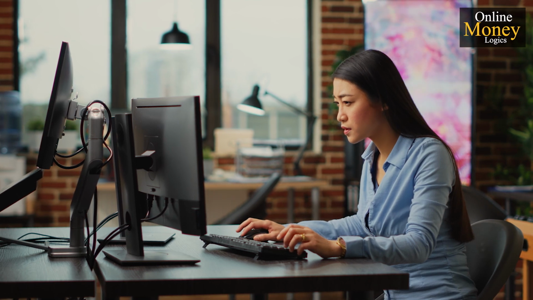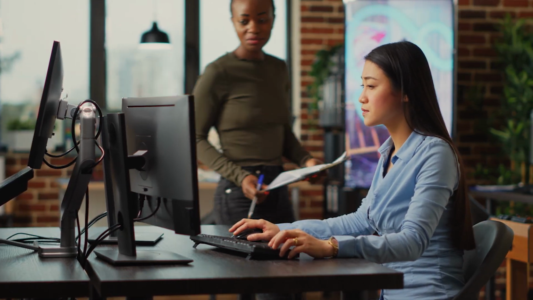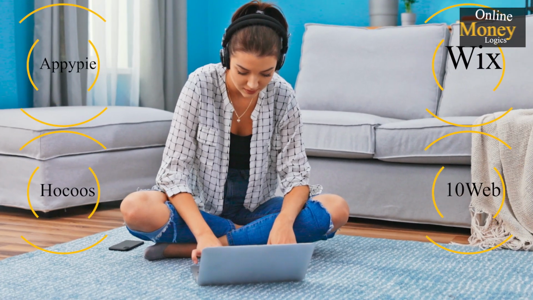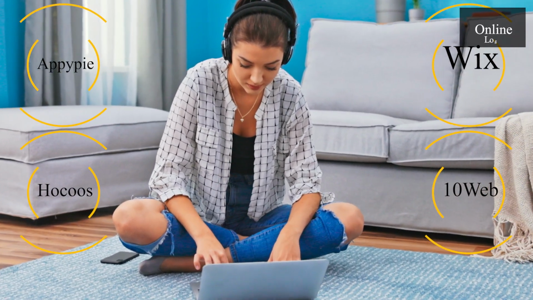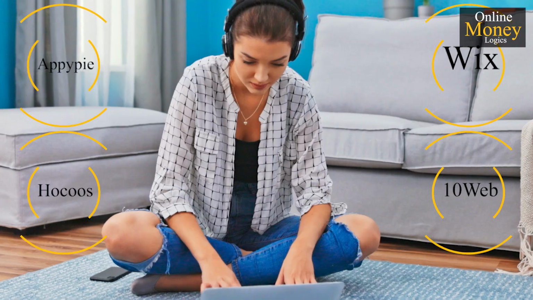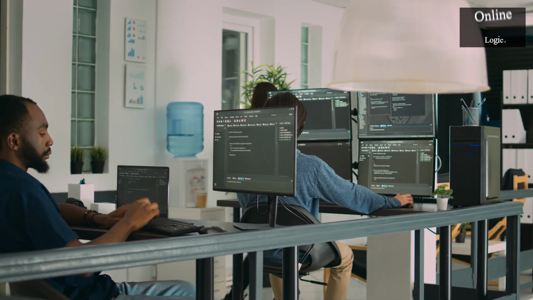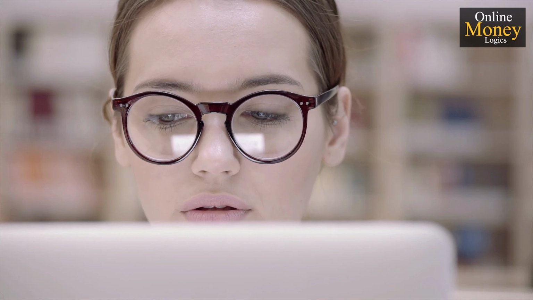You can do advertisement of your website by use of AI-powered platforms. For example, Wix, 10web, Appapy, and Hokus offer you website builder along with other services. You can try more platforms according to your budget and work requirements. Flexibility remains an issue for high customization needs, but for cost and efficiency, these platforms are a great deal.